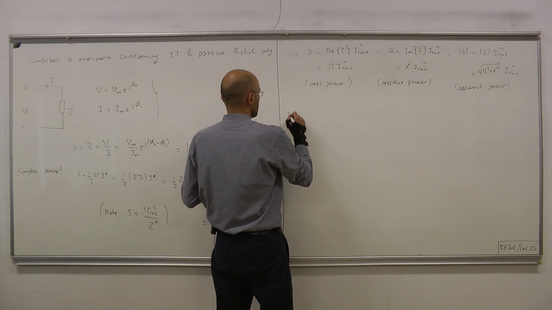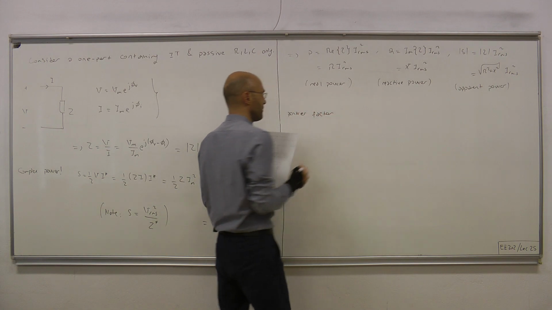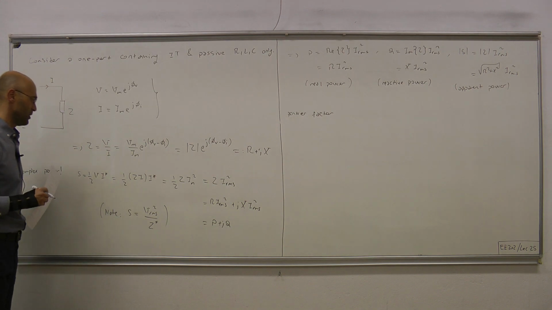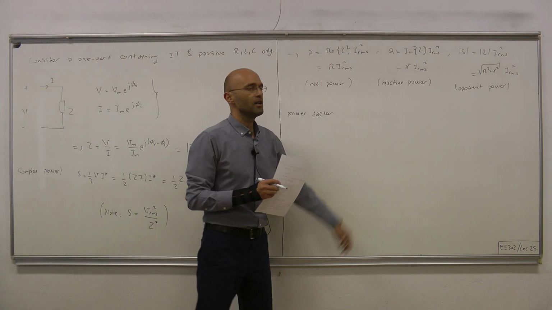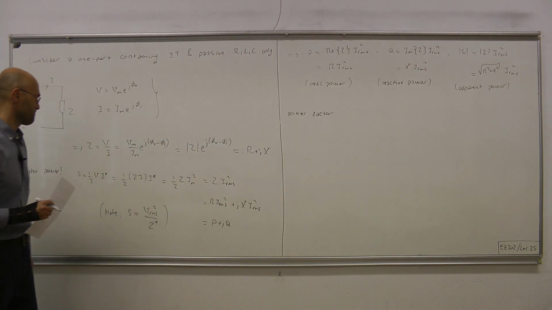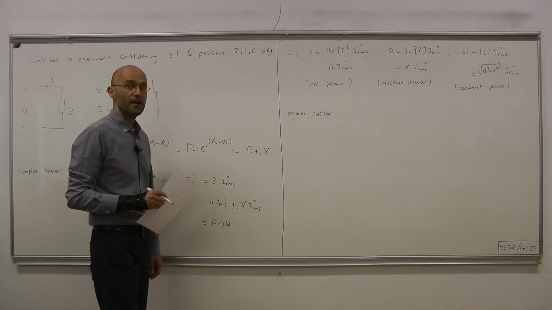So the power factor is defined as the ratio of the real power to apparent power. In other words, it's the cosine of